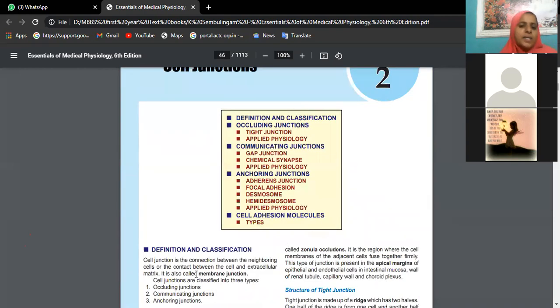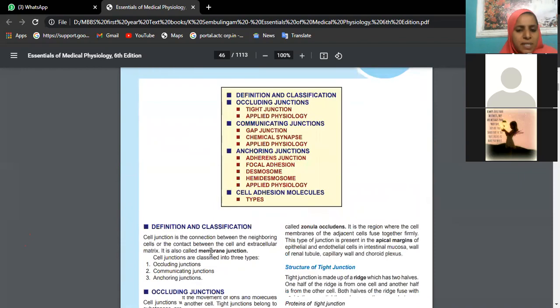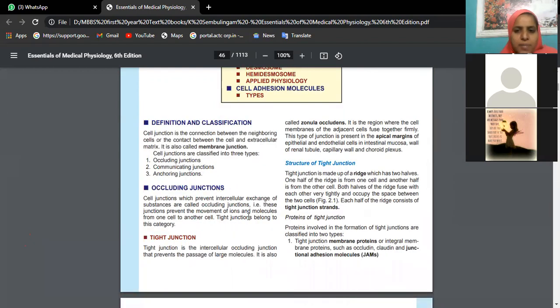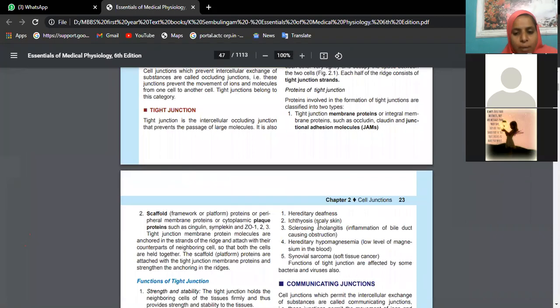Intercellular connections are nothing but cell junctions, better. Okay. That means between the cells, whatever connections are there, you call them intercellular connections. So we have different types of connections like occluding junctions, communicating junctions, and anchoring junctions. This is as per 4 marks. That means you need to elaborate only, better.